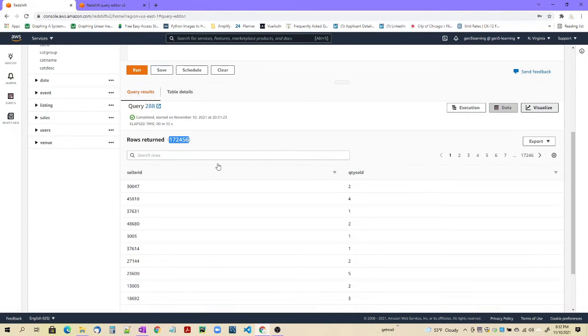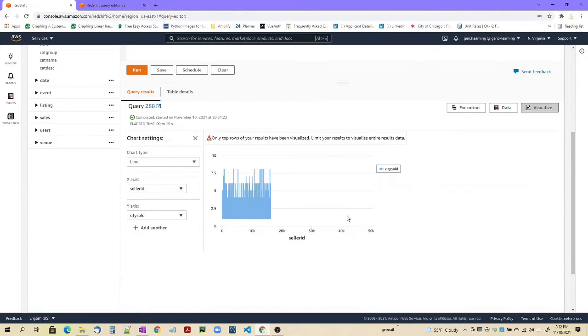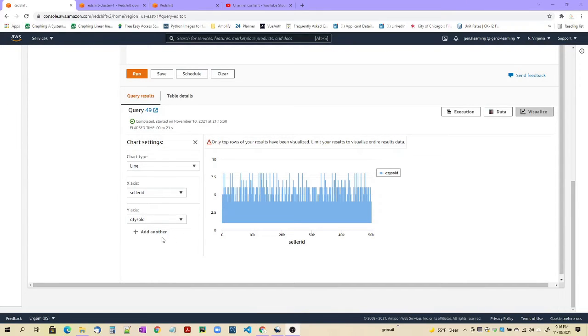And then the visualizing, if I just click on visualize from the current editor, you have the same options. I don't know if you have observed this earlier or not. You have the same options basically to show a line and a bar chart. And notice that the seller ID and the quantity sold, the legends came automatically, which is one good thing. And it looks like in the query editor v1 we have an option to add another chart. So let's just check that option out. So if I say add another